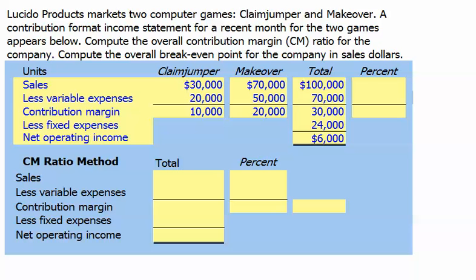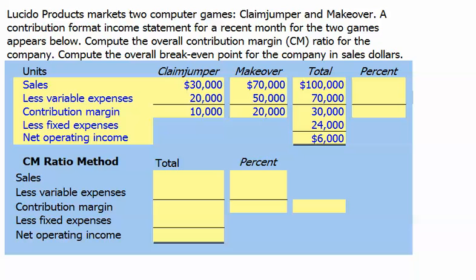Lucido Products markets two computer games, the Claim Jumper and the Makeover. A contribution format income statement for a recent month for the two games appears below. Compute the contribution margin ratio for the company as a whole, and compute the overall break-even point for the company